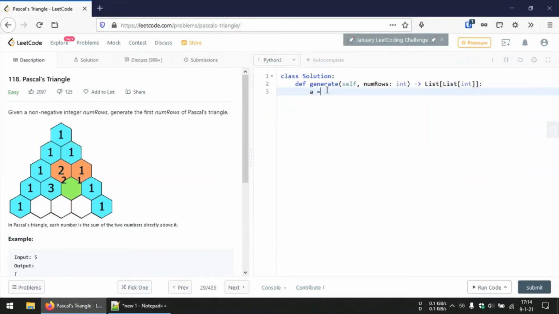First we'll create the first row, which just contains the element 1, and then we'll start the iteration. Before starting the iteration, in case the argument numRows was 0, that's a special case. In that case, we just return an empty array, because we can't start with the iteration, as we already have this one element stored in the result variable. So we'll handle that special case first.